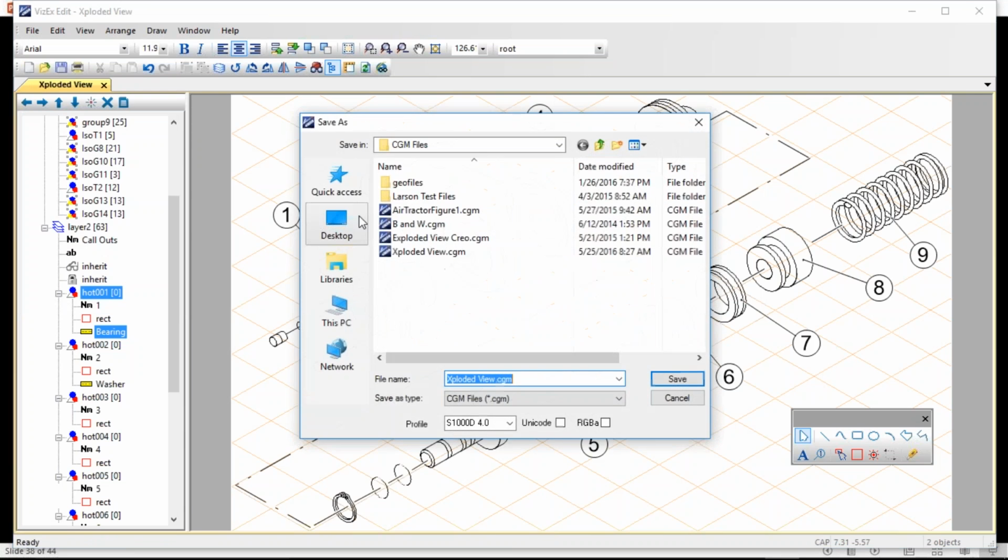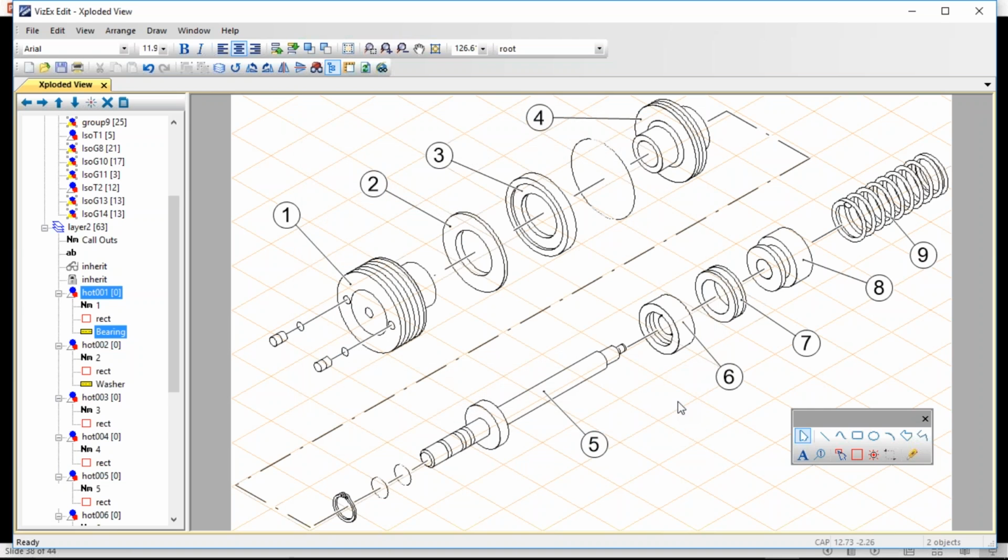I'm also going to save as here, so we can look at the CGM being saved, and here we've got the different profiles we were talking about earlier. So we've got web CGM, we've got the petrochemical industry profile, and we've got the ATA profile as well. So from a software point of view, if you want to be compliant to these different specs, it's important that you get some software that allows you to do that.